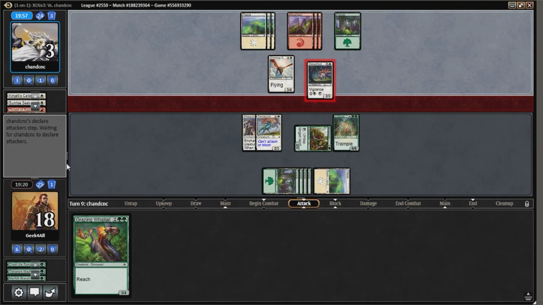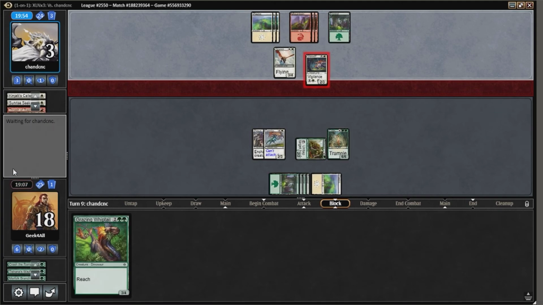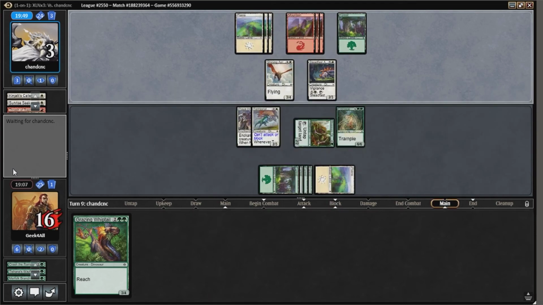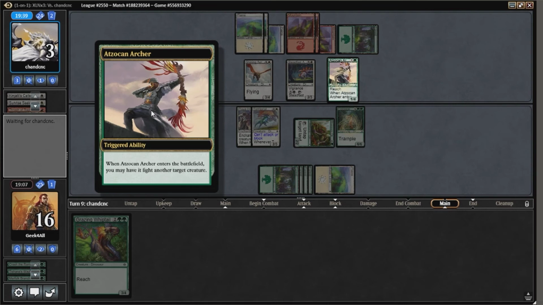Do they attack? They do. Okay. So, I don't think it's necessary to block, because I don't really want to walk into a combat trick of some kind. They have 7 mana and 3 cards in hand, and otherwise I'm just taking 2 and going to 16. So I'm just going to take 2 and go to 16. I'm not that scared. And then they do... They play the Archer. And do they have it...